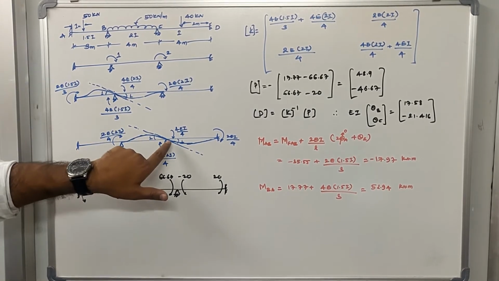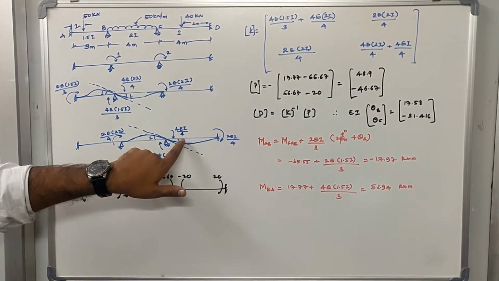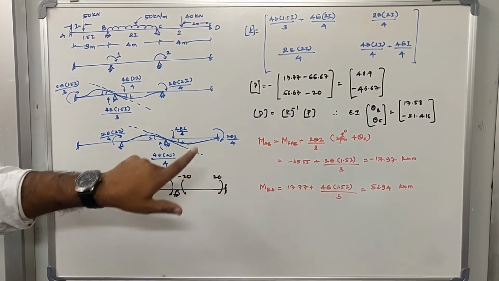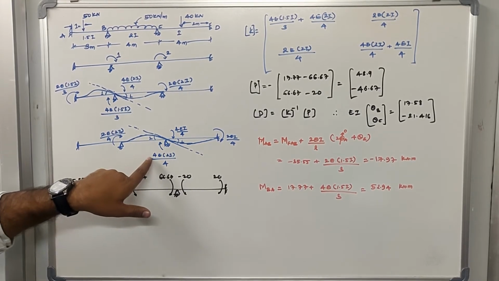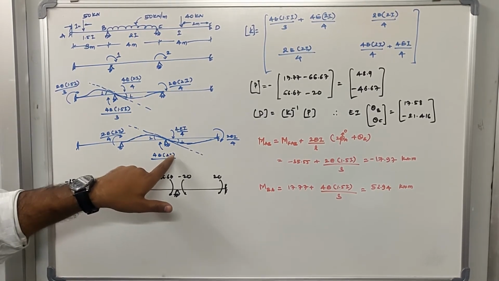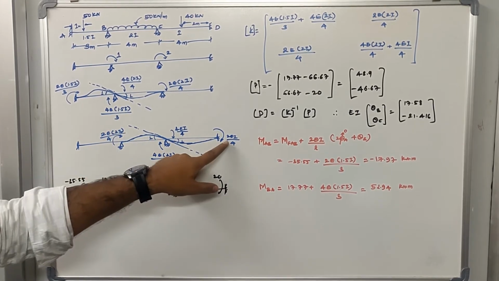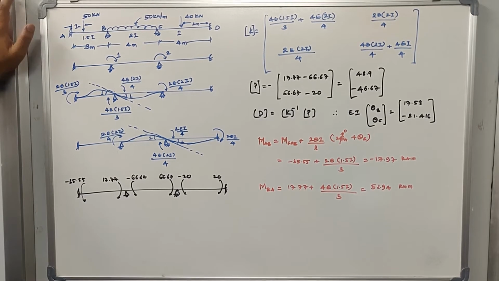Let us first calculate the moment created because of the unit rotation at the second coordinate. In member CD, the moment is 4E into I divided by 4. Similarly at member CB, the I value is 2I and the length of the member is 4, so it will be 4E into 2I divided by 4. Similarly at the far ends, BC and DC also, we will calculate the force created. This completes the unit rotation applied at the second coordinate also.